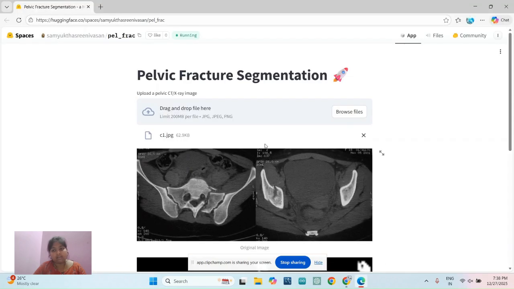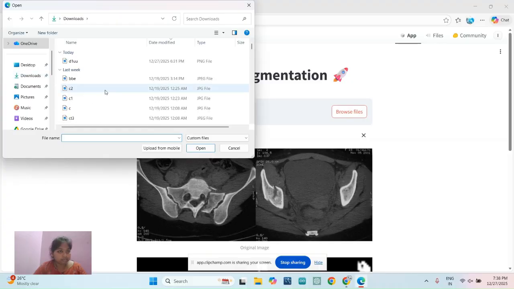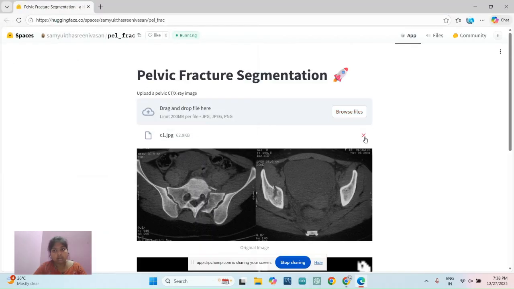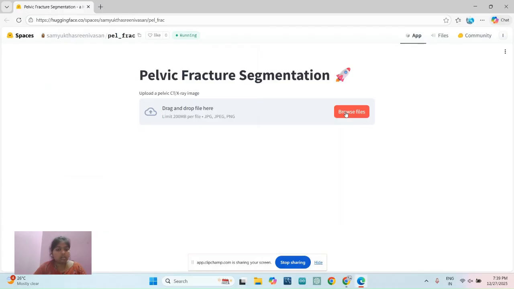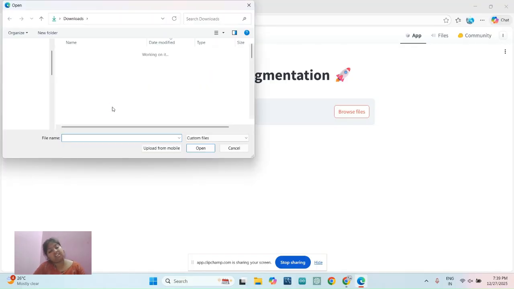As I said before, a CT scan image will be loaded, I mean given or sent. The CT or X-ray image is first uploaded.